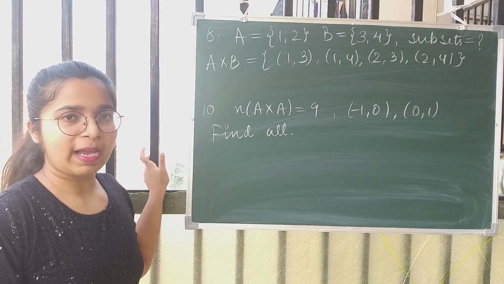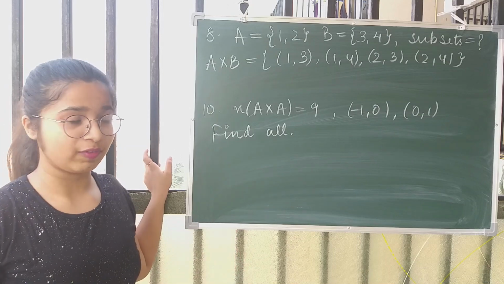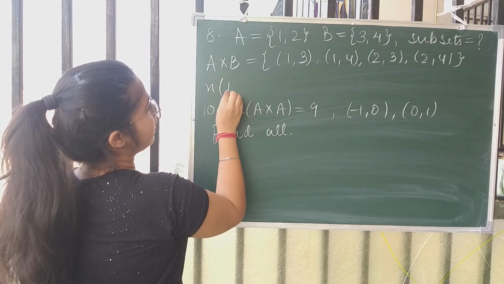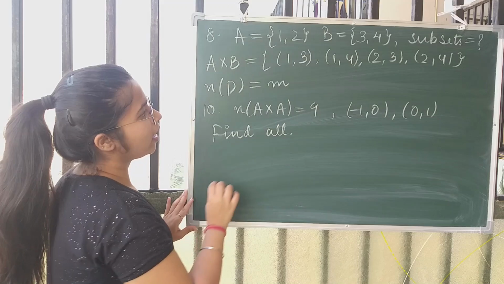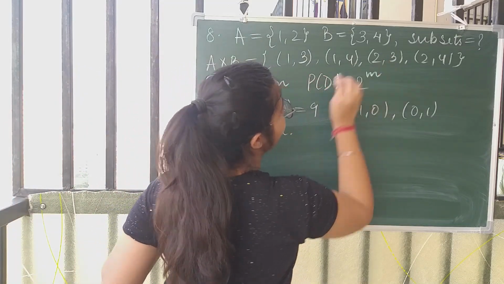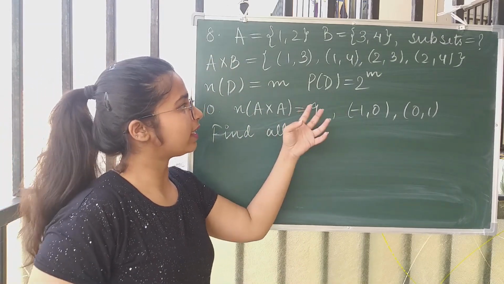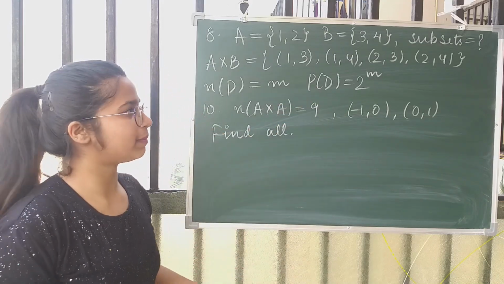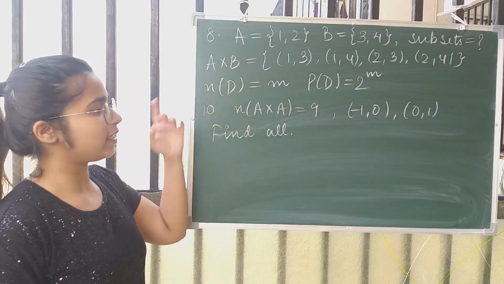And now your next part says that how many subsets will this particular product have? Now see, we already did that if a set D has m elements, then the power set of D always has 2 to the power m elements. That's what we do. So power set of D का मतलब क्या हुआ? कितने subsets हैं इस set के? क्योंकि power set is a collection of all the subsets. तो इसका मतलब 2 to the power m is actually the number of subsets of D.